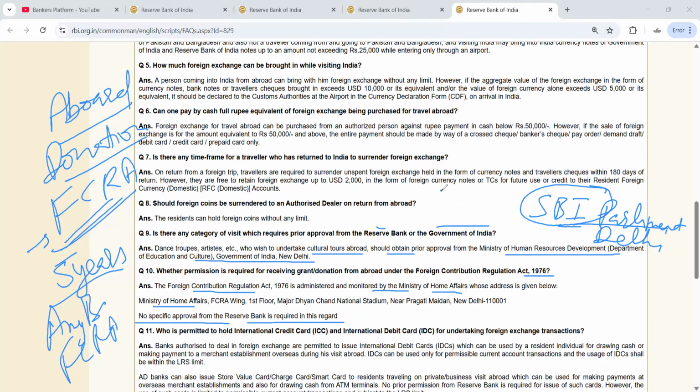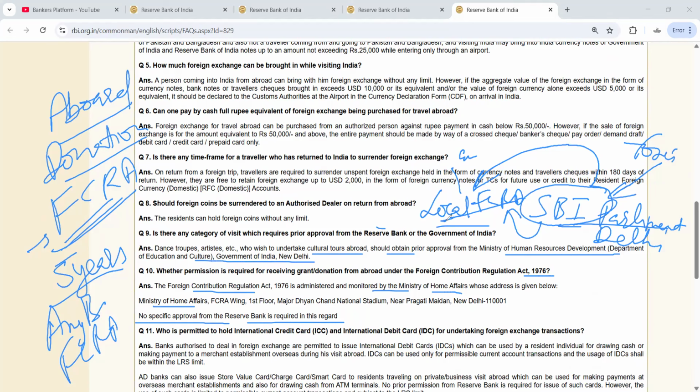So for their convenience, they can open a local FCRA account in which credit should come only from SBI. Suppose they are receiving the fund from abroad in the SBI account. Everybody cannot go to the SBI Parliament Street branch and do the transaction. So from net banking or any instruction, they will transfer the fund to their local FCRA account